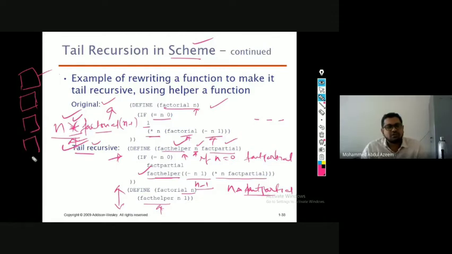These operations are going to be carried out from each of these activation records, and the values will be concatenated, right? So the final value that you obtain will be after all these operations are carried out at the respective activation records. So this is how normal recursion takes place. But in tail recursion, a single activation record is enough. The single activation record will take care of the same.